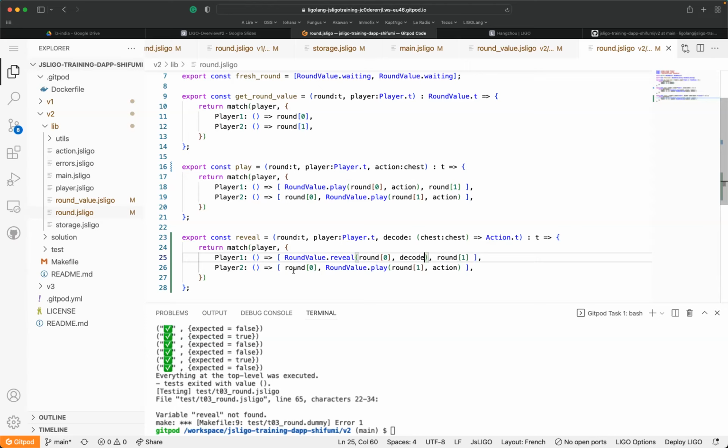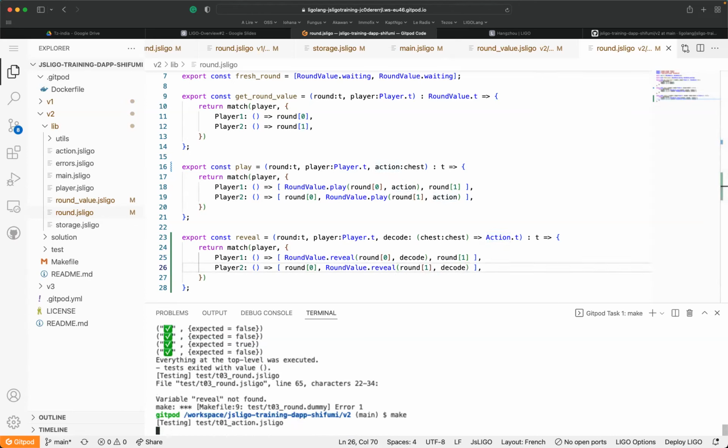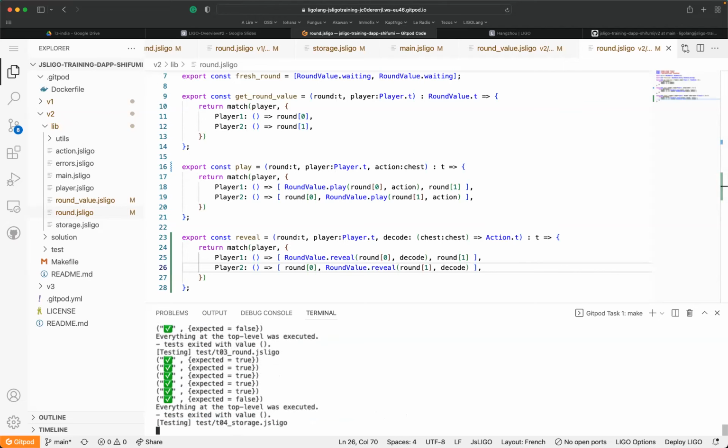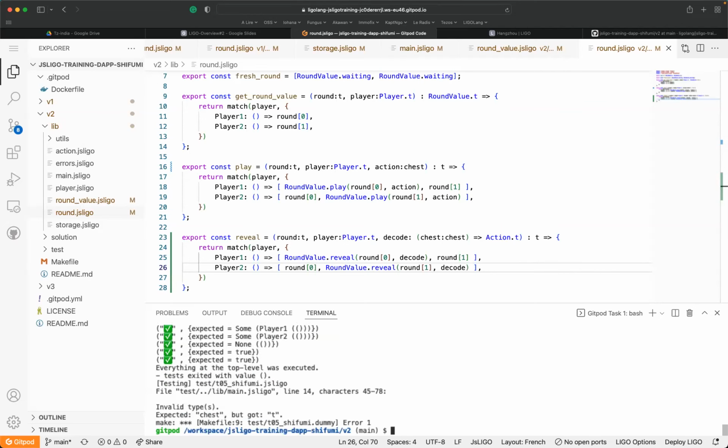Otherwise, if it's player 2, I have to send the rounds at index 0 as is, and call the reveal action here with the decode. And let's conclude the code review for the round value, and nothing else.